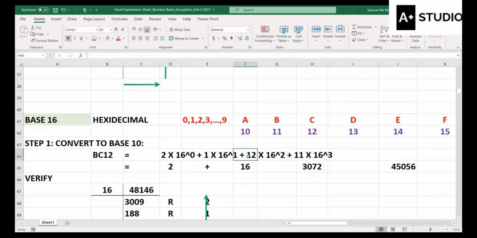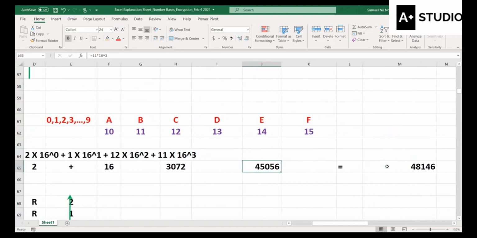So 12 times 16 raised to the power 2. 16 raised to the power 2 will give you 256. Multiply by 12 will give you 3,072. And then the last one is 11 times 16 raised to the power 3. That will give you that. So when you add 2 plus 16 plus 3,072 plus this, it will give you a value